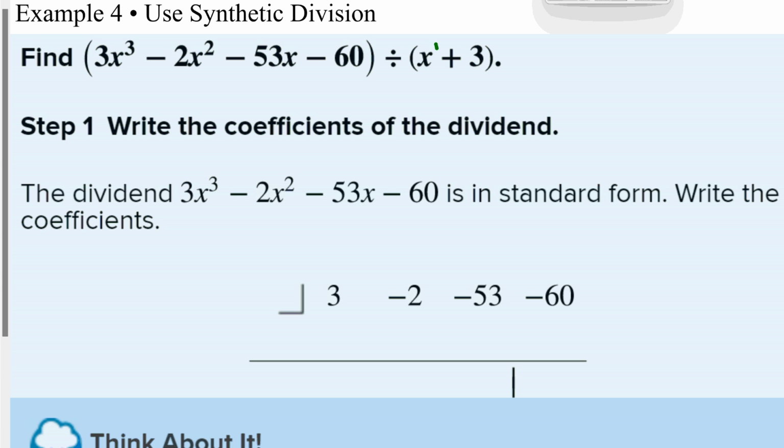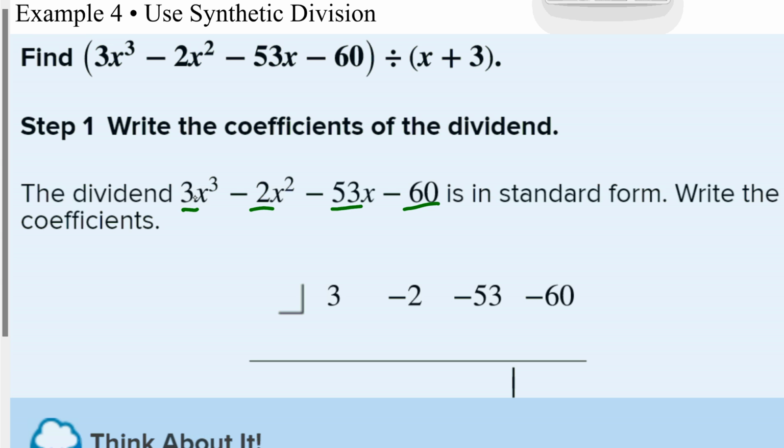But we have to divide by a degree of 1, and the lead coefficient has to be a 1. And I'll show you in the next example if it's not a 1. But it does have to be a degree of 1. So then we don't have to do long division like we did in the last 2 examples. So what you do is you look at your coefficients,